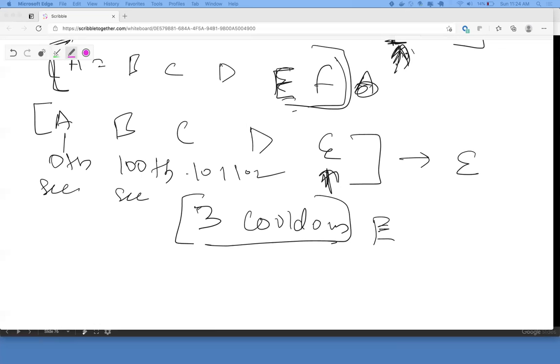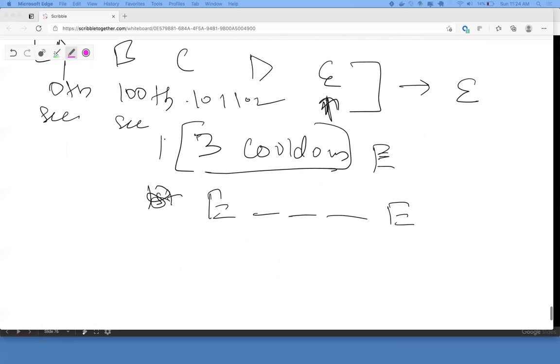I mean, not 3 seconds exactly, but let's say the last 3 executions. No, not last 3 executions. Yes, exactly. So basically, you have E over here, and then you'll have 3 cooldowns, and then let's say you have E again. So this is the cooldown period. All I have to check is, is E still cooling down? Right. That is all I have to check.